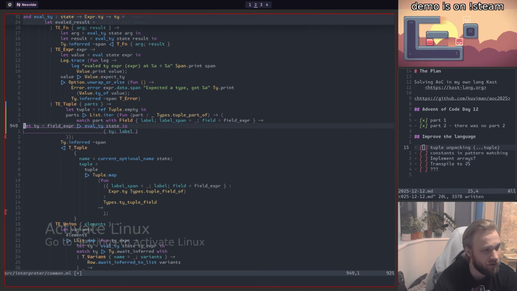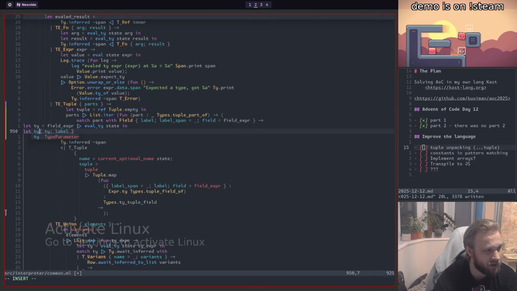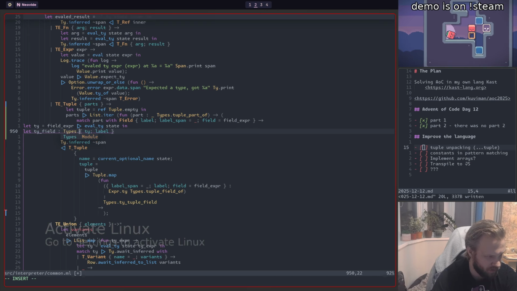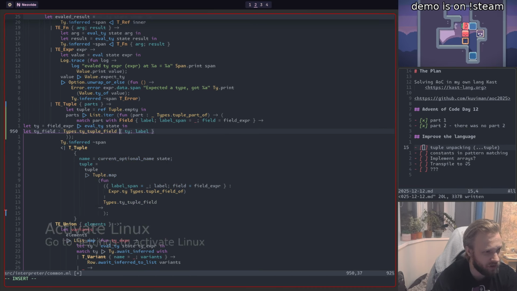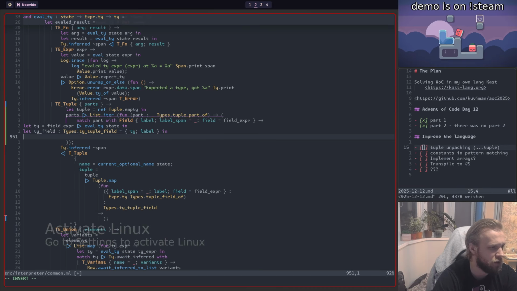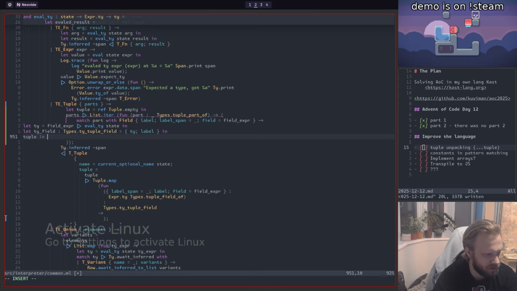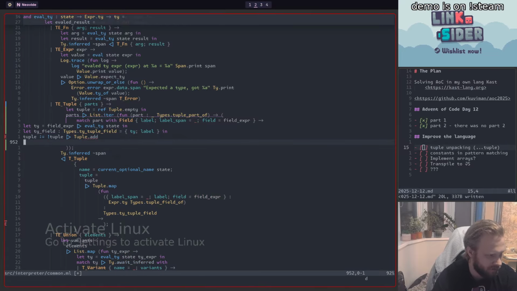This is creating the type field, which is type tuple field, I guess, right? And then we need to add this to my tuple. So we say tuple is tuple add